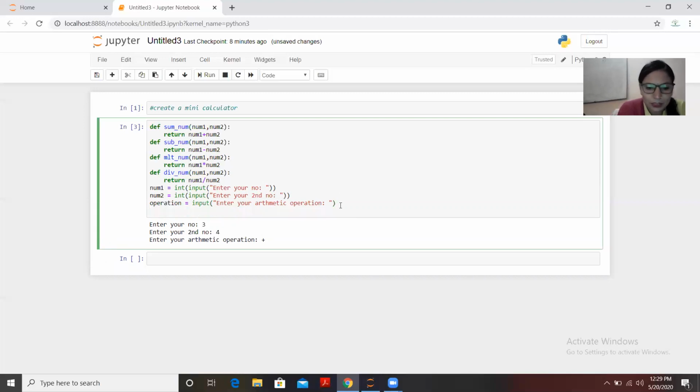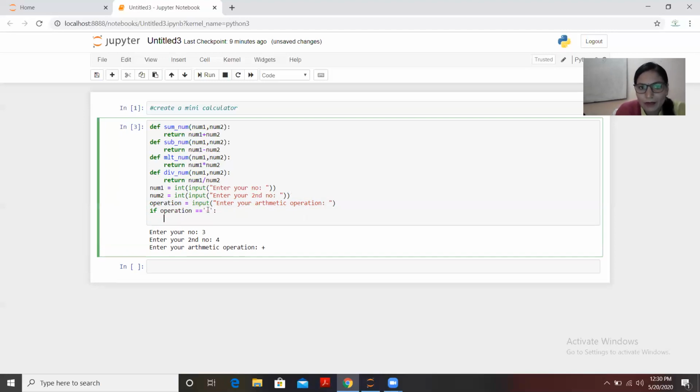Let's say I'm just giving you that part as well. The condition needs to be applied on the operation only, because the behavior of num1 and num2 will depend on the operation only. So if you select plus, then num1 plus num2. If you select minus, then num1 minus num2. So on which variable will you apply the condition? Obviously on operation. So you will write something like this: if operation, and you give a comparison symbol. Why? Because the operation input coming from here is a string, so you need to match it. Something like this: if operation is this, then what do you have to do?